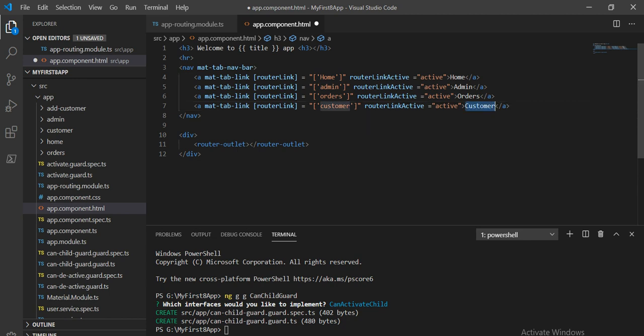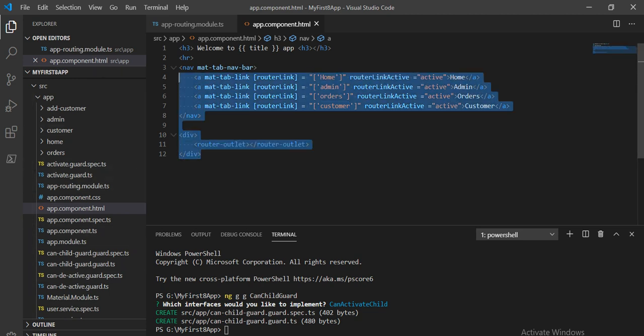So now customer, this will show on the browser as a tab name. Now the next thing we have to do, when I click on this customer page, we should see another button for the add customer. So that kind of logic we have to write under this customer HTML page as well. So what I will do, I'll just copy this so it will be easy and fast as well. So let's copy it first and go to the customer HTML page.